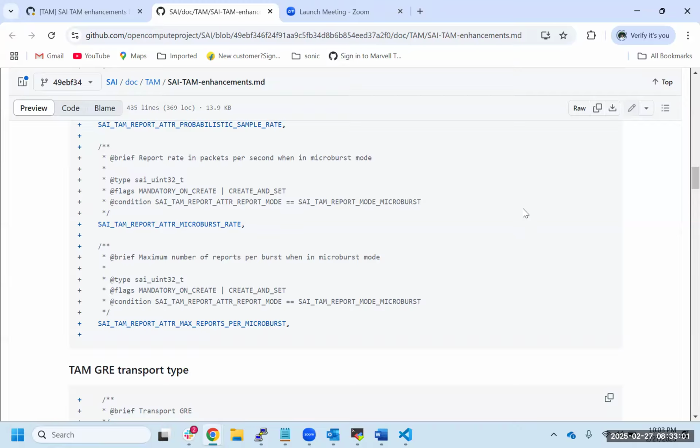Essentially, what you are saying is that you want to send n packets in a time interval t, right? If you say microburst, then that's a very hard abstraction. Yeah, I think I understood that. The policer could simply have a policer rate and policer burst size. Yeah, if you can just call it a policer, like you attach a policer.